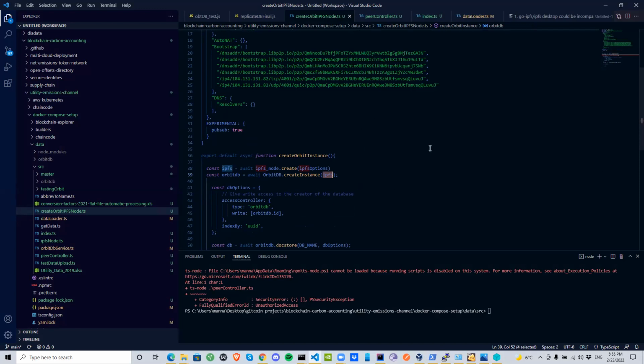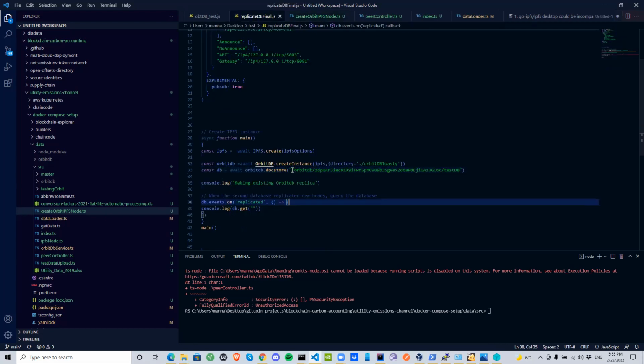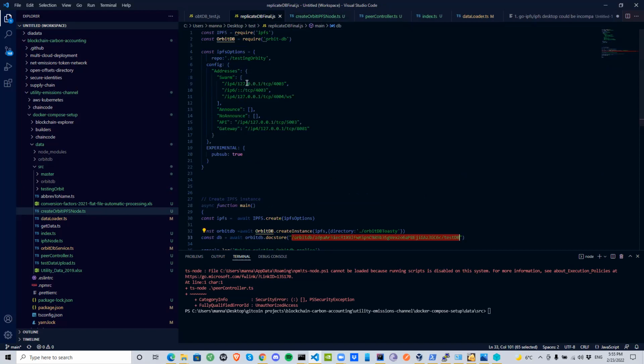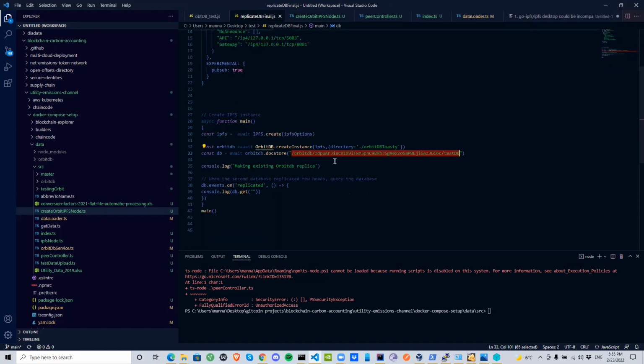Once this node is up and running, it will spit out an address to us, and we should be using that address to replicate the DB. So for example, this is an OrbitDB that was pre-existing, and we are able to connect to this. And it has its own IPFS node running on top of which it is trying to